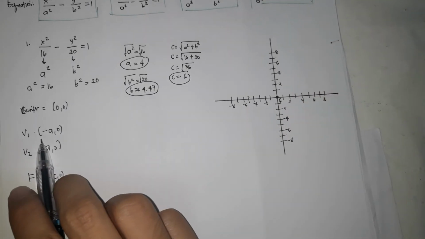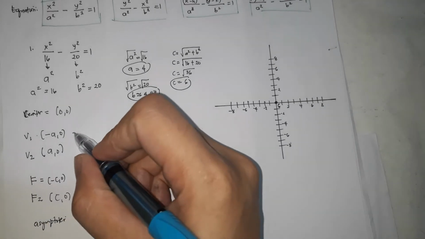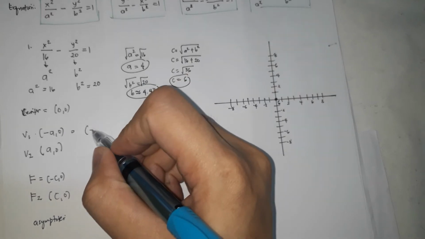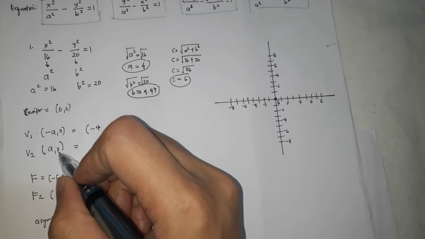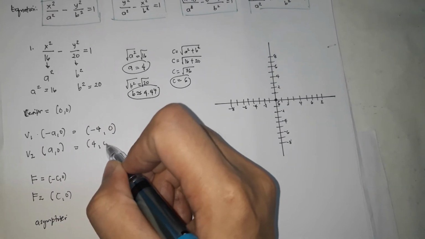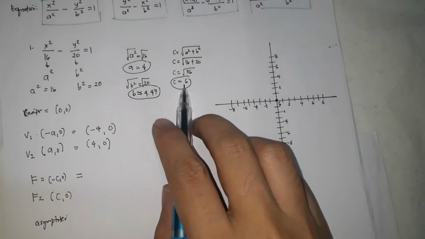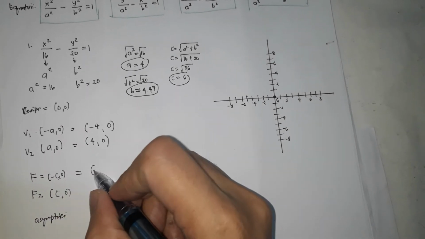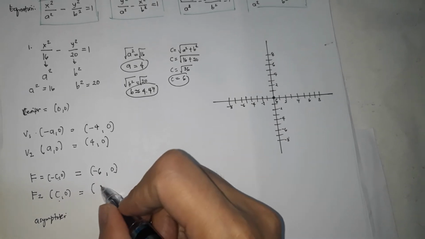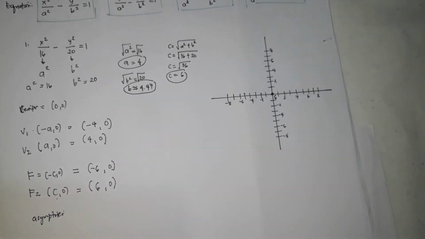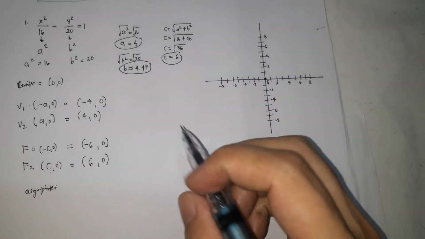Next, the V1 is negative a, 0. This is a. So negative a, so negative 4, 0. The V2 is a, 0. So copy si 4, 4, 0. Negative c. Alam natin si c is 6. So negative c is negative 6, 0. c, 0. So 6, 0. Next, si asymptote naman, to identify si asymptote, what you're going to do is